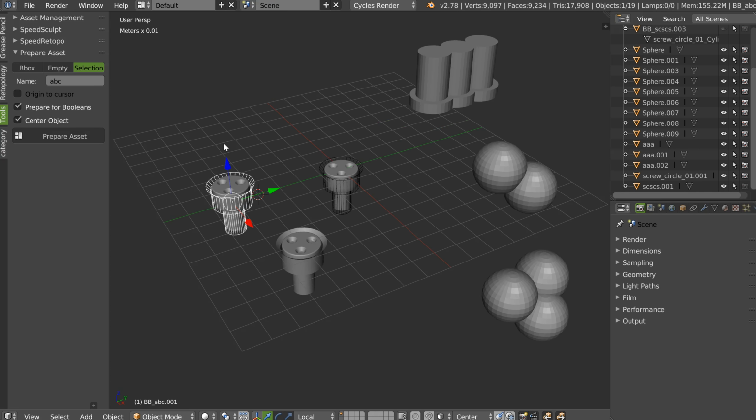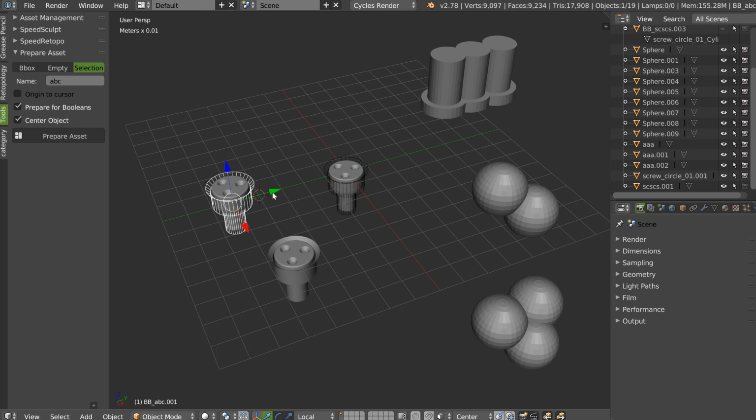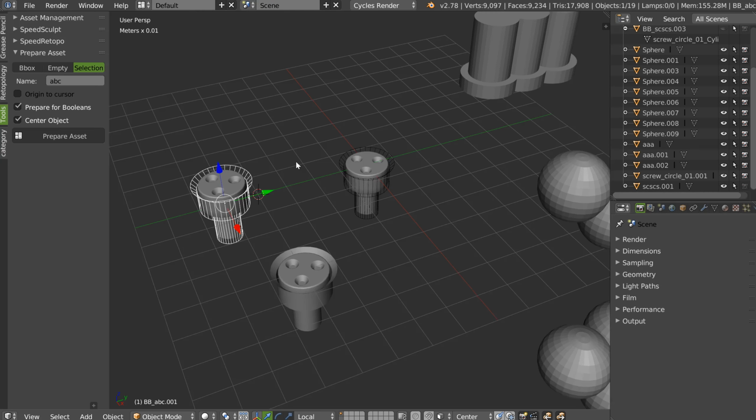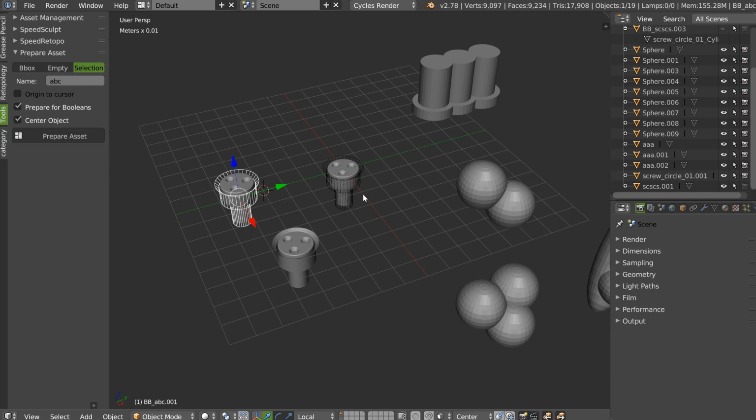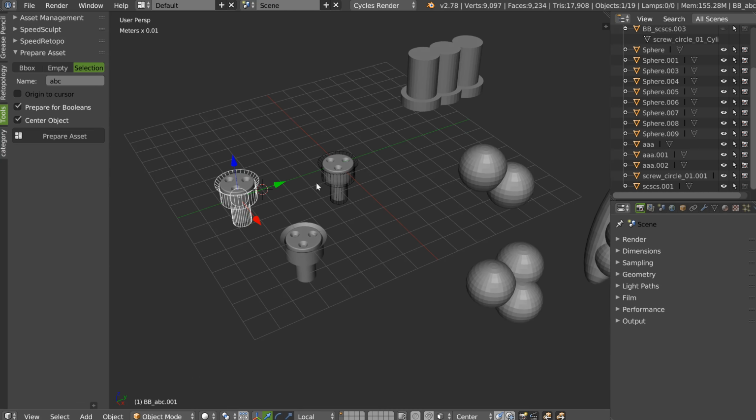So as you can see, with this prepare asset, you can prepare all your assets. You can have a different type of asset. You can use an empty, you can use a bbox, you can use your selection like this one to make a boolean object for SpeedFlow and Carver, etc. And this is really nice, and that will be in the asset management at the next update. I'm thinking about adding it to the SpeedFlow companion.